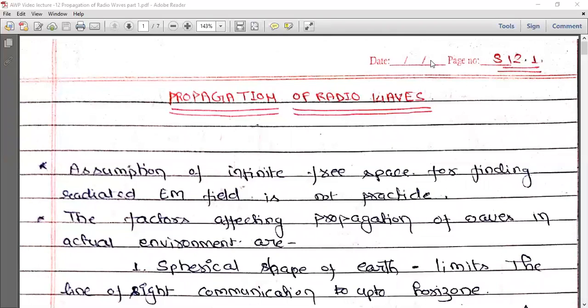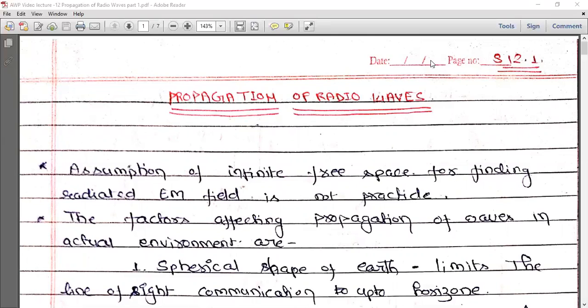From our last complete sessions, we had studied various antennas and we considered the environment or the surrounding of the antenna as infinite free space. We consider that the antenna is situated at some particular point, the origin of the coordinate system, and it is radiating into free space. And then we find the field radiated by the antenna in the free space. But actually,